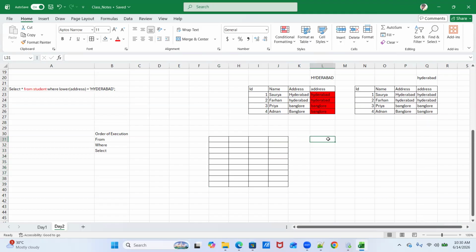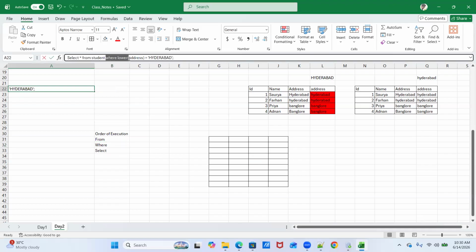Now, in the order of execution, you can see after from, the where clause gets executed. It will check whether the user wants to filter anything out of this data. Yes, the user has mentioned he wants to filter based on the where clause, and the data he wants to filter is lower of address.